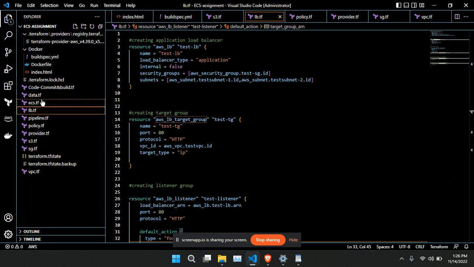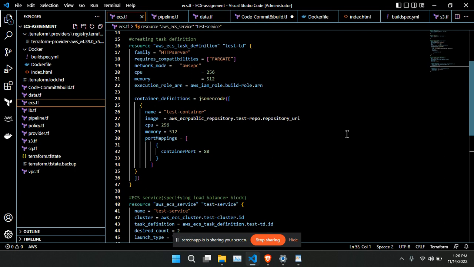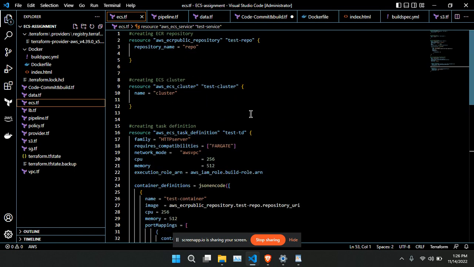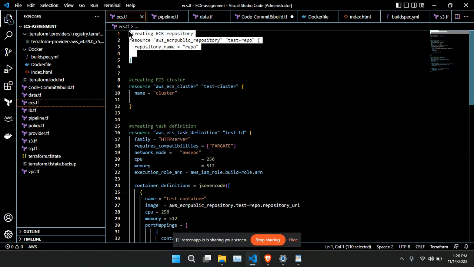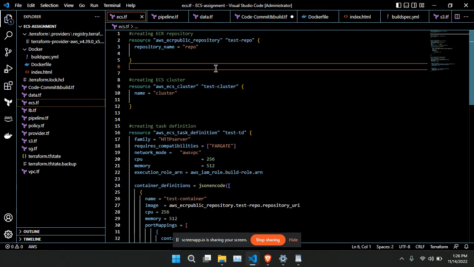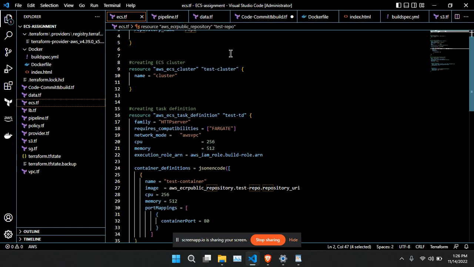I have created ECS, which is Elastic Container Service. In this, first of all, I have created an ECR repository. ECR is a fully managed Docker container registry that makes it easy to maintain, store and deploy container images. So here I have created an ECR repository, which is given the name test repo, and then I have created